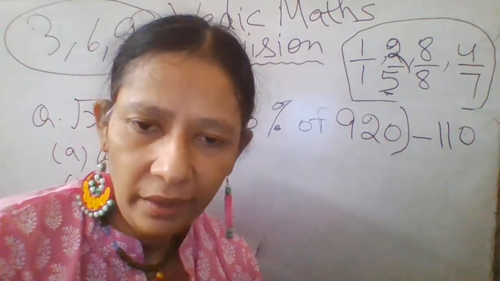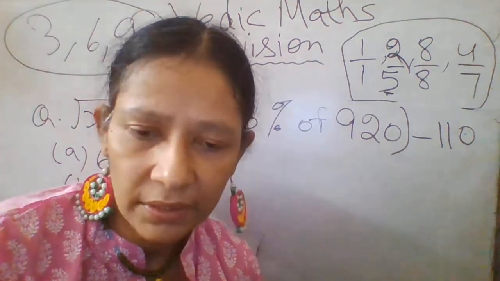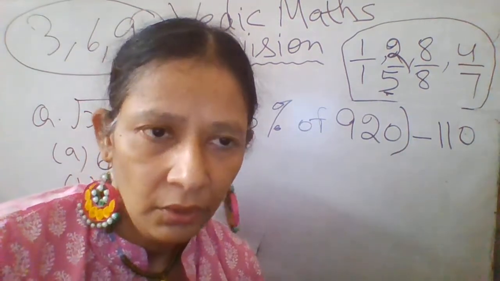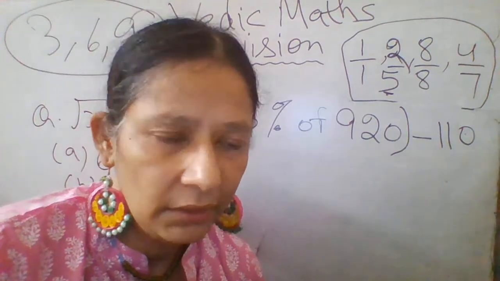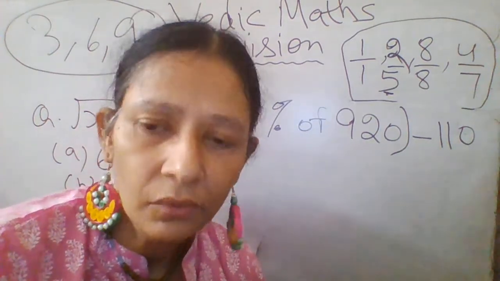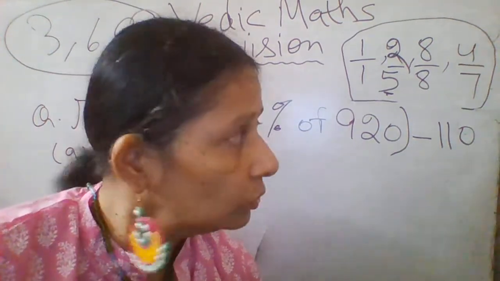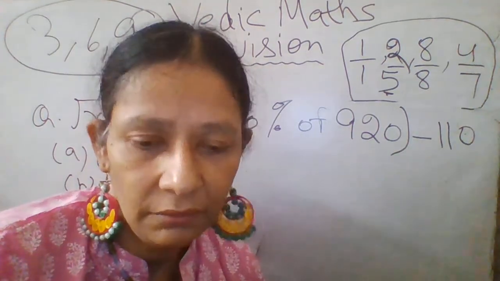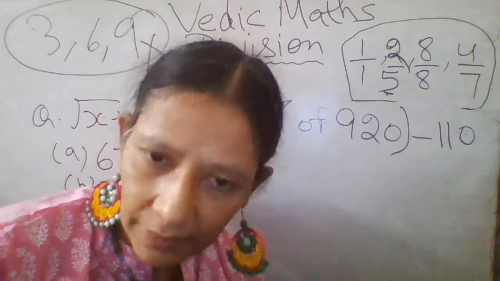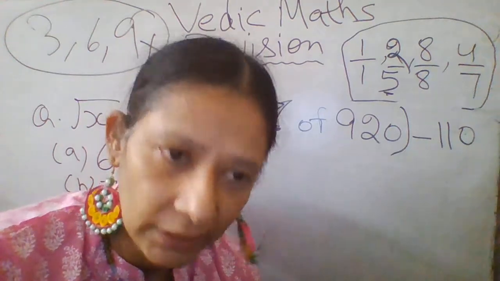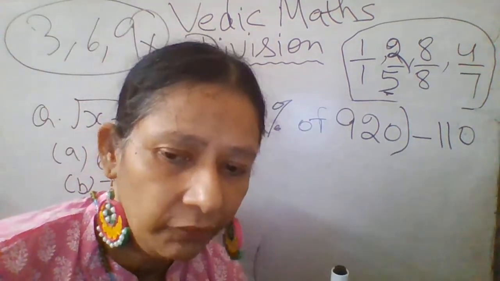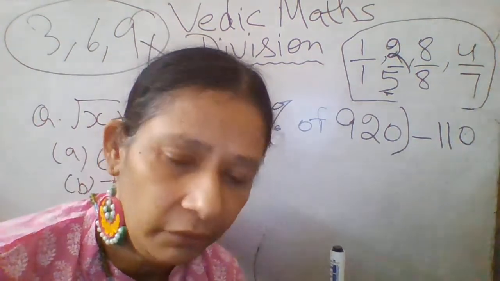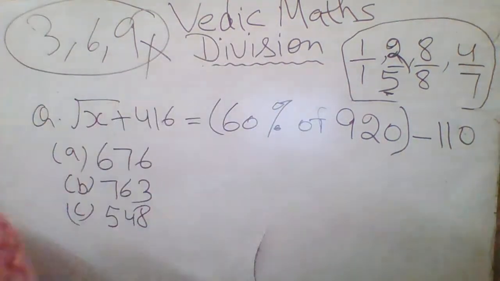Now you see, I have discussed all the concepts of digital root with you: addition, multiplication, subtraction, division, and I have discussed percentage also and decimals. So now I am going to discuss how you can do the simplification questions in digital root. Now see, this is basically a problem of simplification. So how can you solve it through simplification? Now this is the equation given to you.